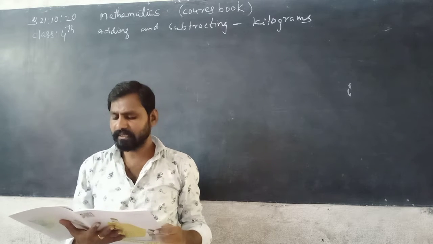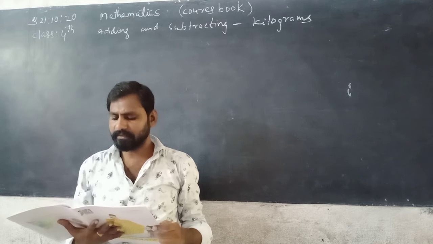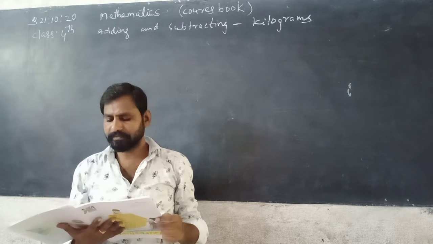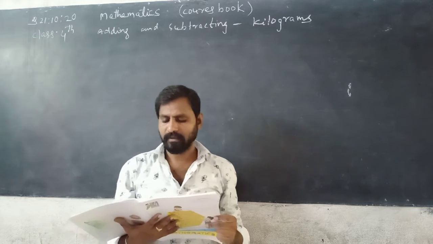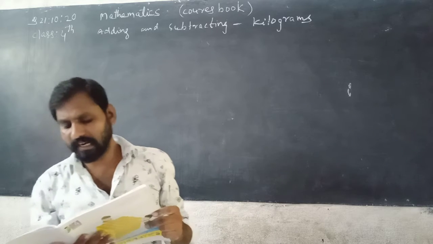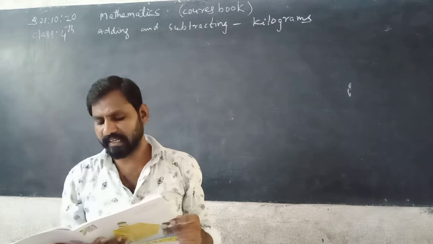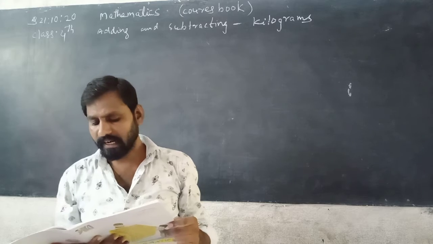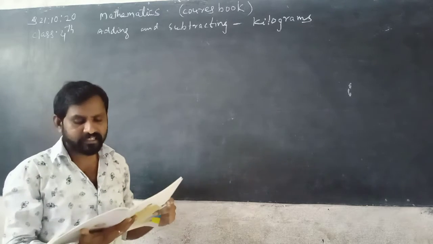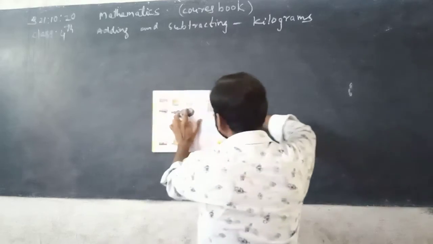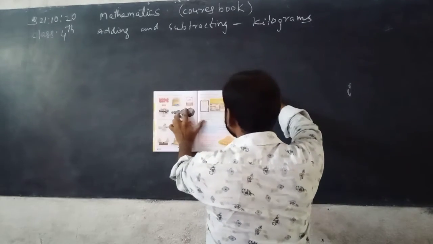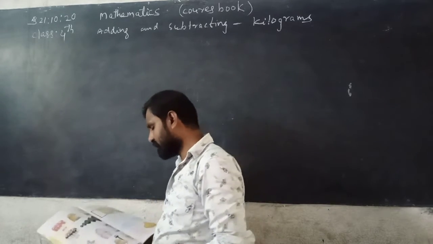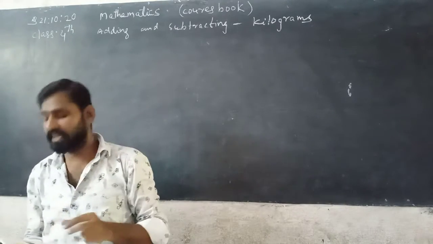See here, rice 100 kg, tur dal 10 kg, urad dal 20 kg, chana dal 15 kg, sugar 25 kg, wheat atta 25 kg, imli 5 kg, red mirchi 5 kg. These are the weights of the given groceries. How many kilograms of groceries did they buy in total? They bought 205 kg.